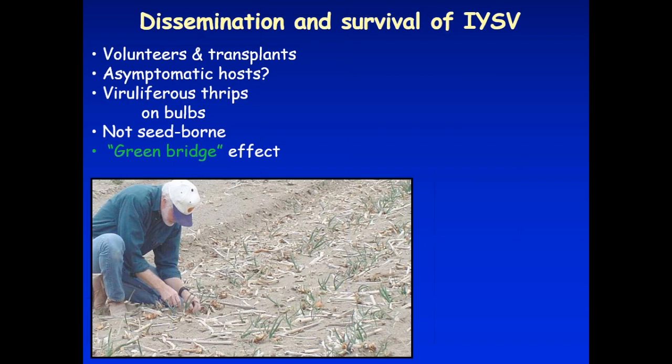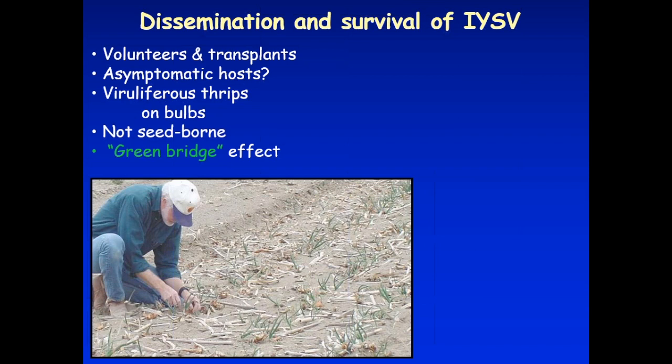And also in Allium cepa, the true onion, it survives through the winter, vernalizes over the winter, grows out in the spring. And I've gone into onion seed fields in January when the temperature had been down to single digits. You dig around in the neck of those plants that are surviving under the snow. You pull out an adult onion thrips in your hand, and it's not moving. But as soon as it warms up in your hand, it scurries off. So that's in single-digit temperatures. We know they're surviving through the winter. And if they're viruliferous, they will spread that virus in the spring, which is certainly the case.